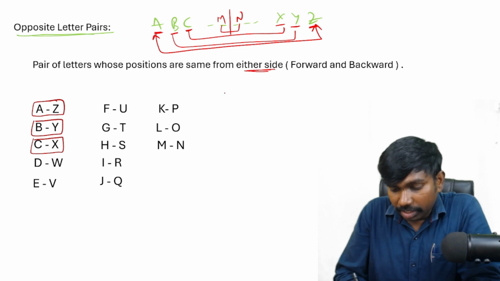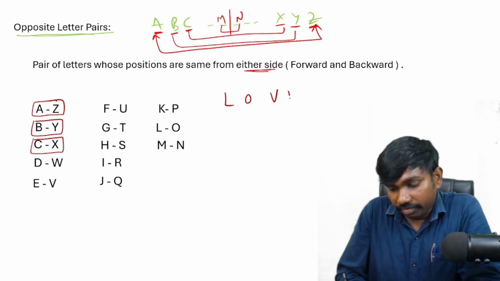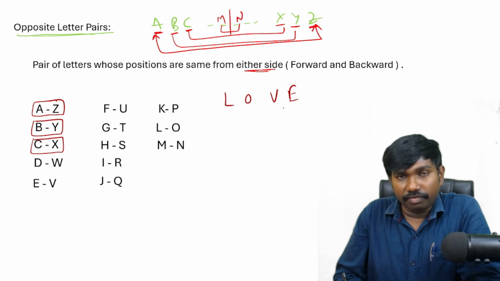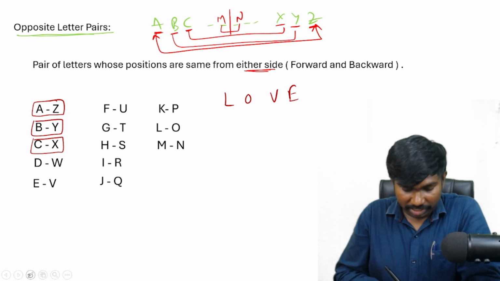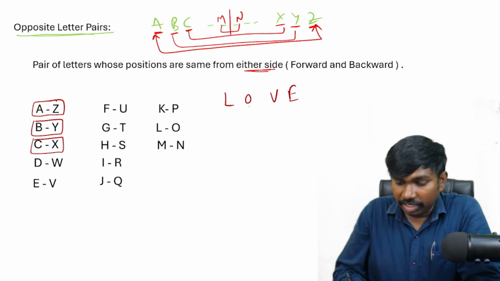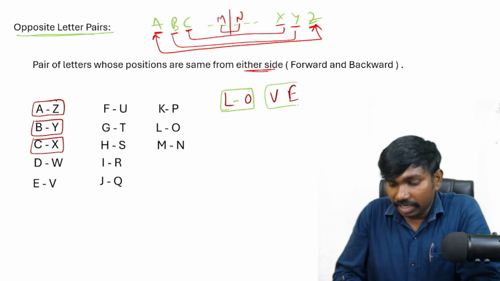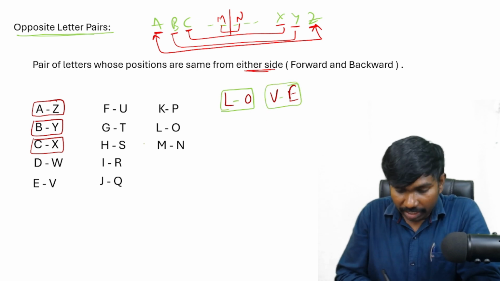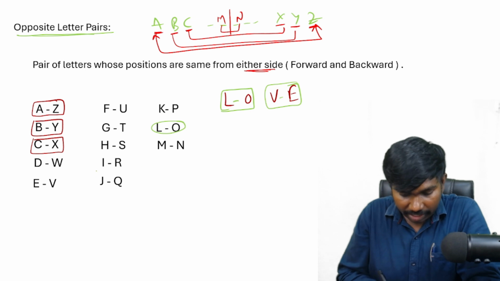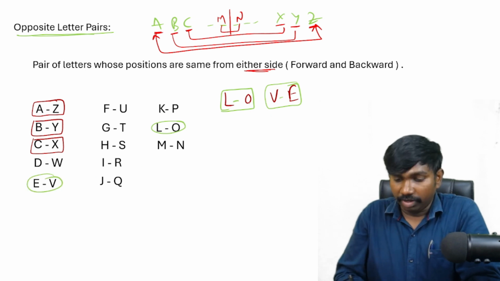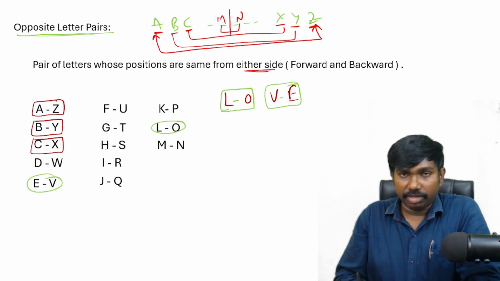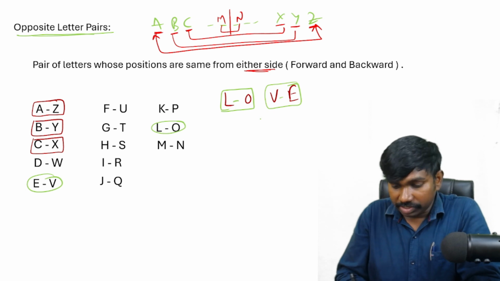And remember the word love. Okay, we all love our parents, right? So that's why remember love. It will give you two pairs: L and O is a pair and V and E is another pair. By remembering love, you can remember two pairs. Next,